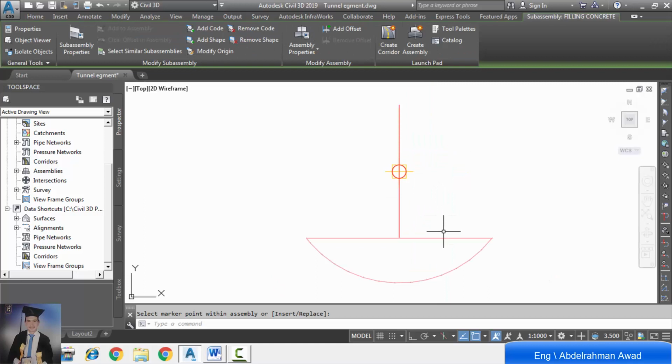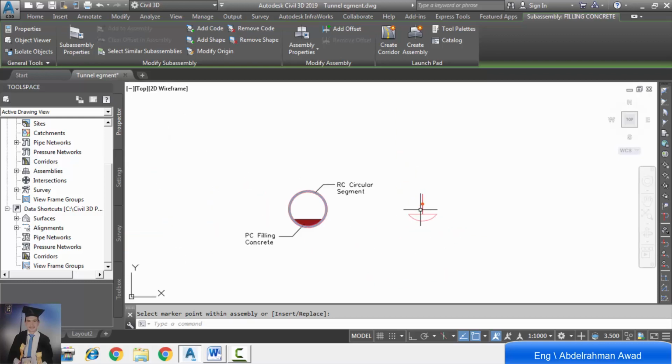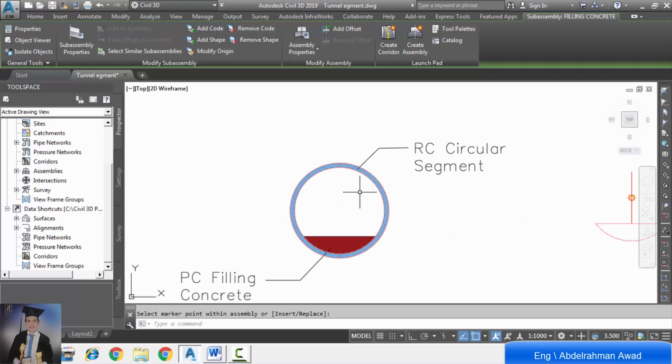So the filling concrete sub-assembly is attached to the main assembly. Now we will turn to the other assemblies, which are the circular segments. We will add the right half assembly and the left half assembly.